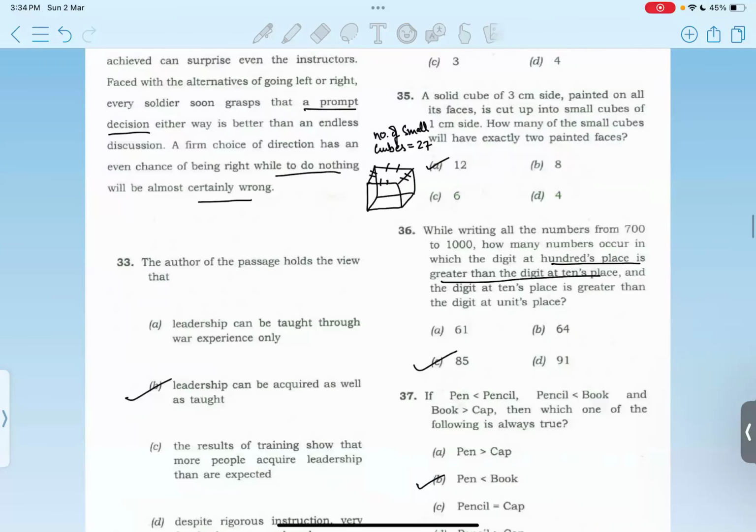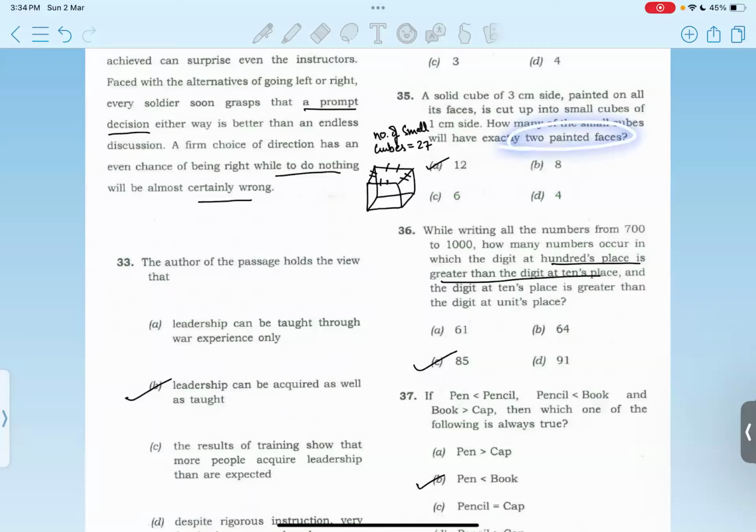Now a solid cube of 3 centimeter side, painted on all its faces, cut into small cubes of 1 centimeter side. So how many small cubes have exactly 2 painted faces? So total number of small cubes would be 27, because 3 centimeter side है, we are cutting it into 1 centimeter each cube. So 3 का cube would be 27,